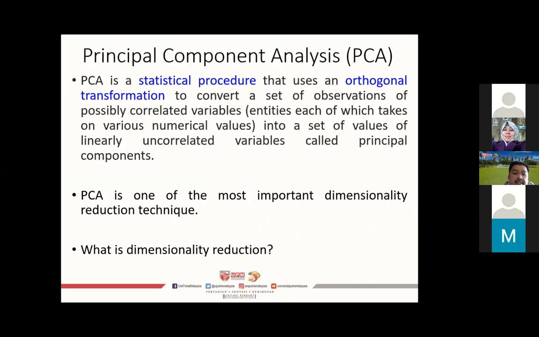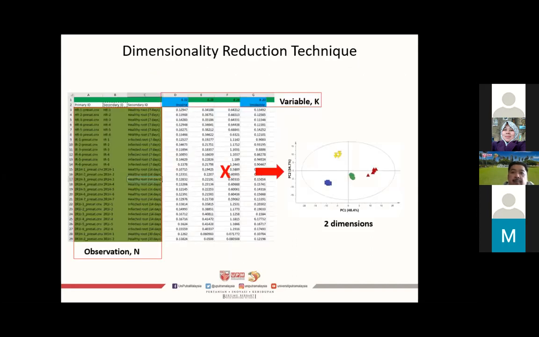So what is dimensionality reduction? Let's assume you have a huge table of data. This data table is made up of multiple samples in rows and variables in columns. These variables are called X variables. X can be, for instance, the chemical shift of NMR.